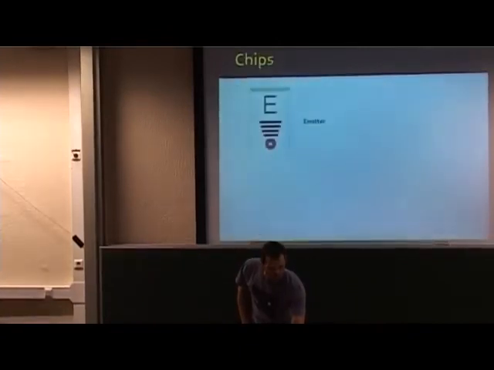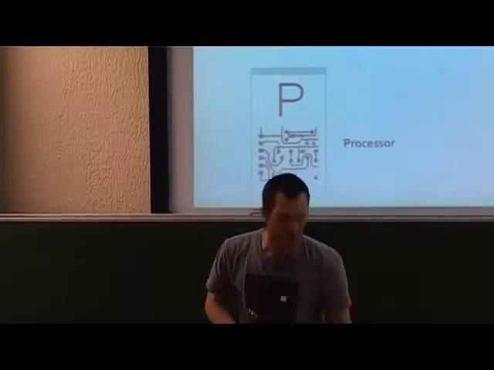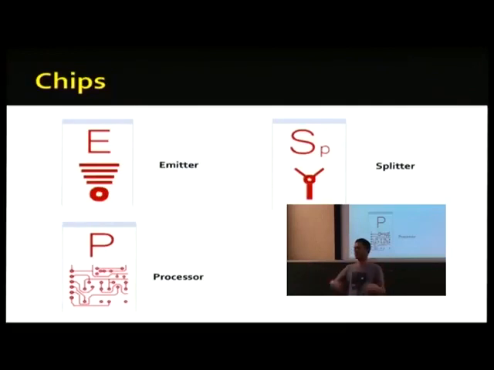Okay, so we've designed a few different basic types of chips. There's an emitter chip that basically just calculates values and sends them out. There's a processor chip that has multiple inputs and multiple outputs to do more sophisticated things. So it might pull from several places and modify them all at the same time. We have splitters, which take a calculation over a large set of data. It's a little bit like a map-reduce type of operation, or a mapping operation. So if you have a large number of game objects you want to do the same thing for on the screen, you'd have your big list and you'd throw it to a splitter and it would do the same calculation for each one.